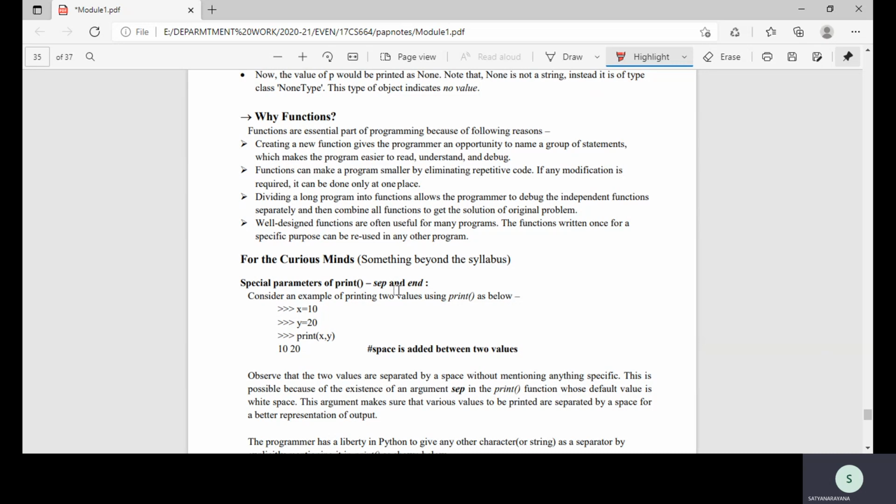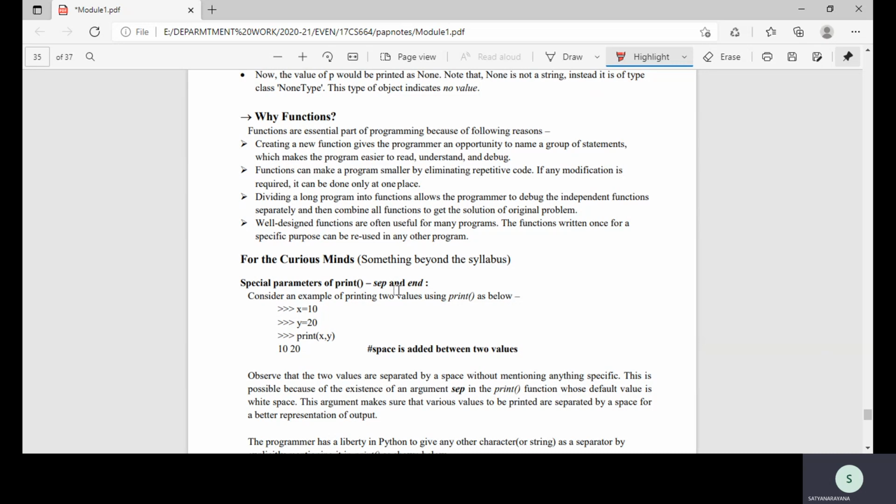Now the next question is why we require functions. In any programming language, functions play a vital role, right? When you want to execute particular tasks, you require a function. Functions help us in reducing the number of lines of code because for repetitive tasks you need not write the code a number of times. The same function you can call any number of times. You have seen the example. You can write a function once and use it any number of times. That is the advantage of functions.